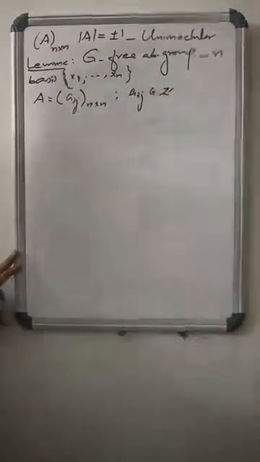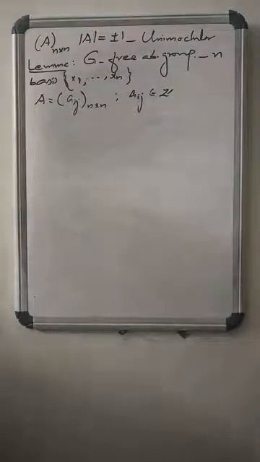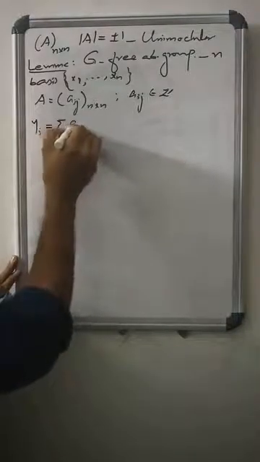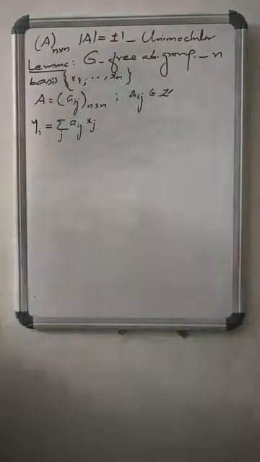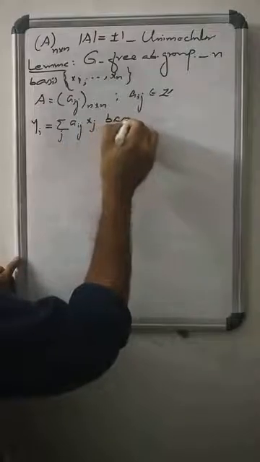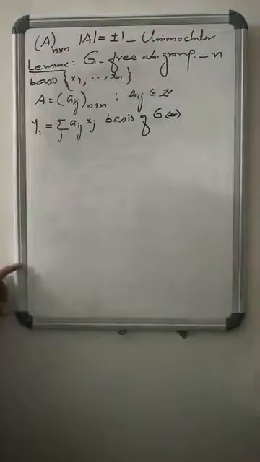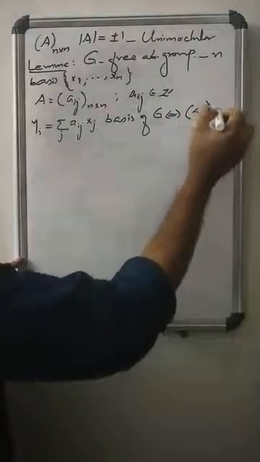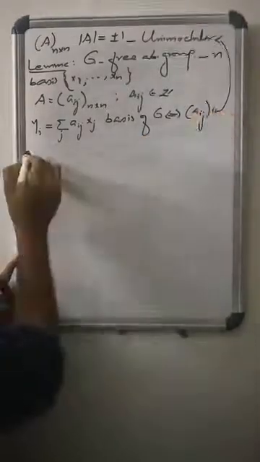Let A equal (aij) be an n-square matrix with integer entries. Then the elements yi equal to the sum over j of aij xj form a basis of G if and only if the matrix (aij) is unimodular. How do we prove this one? So for its proof,